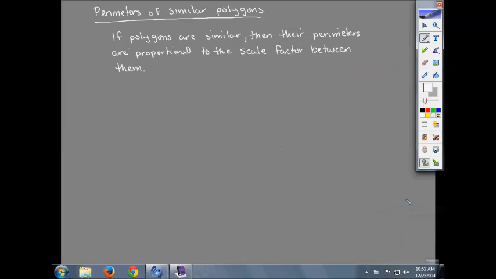Same scale factor between the length of the individual sides and the whole perimeter. So if you had one pentagon, and you knew all the sides on that one pentagon, and you were asked to find the perimeter of a similar pentagon, you wouldn't have to find all of the individual sides. You just find the scale factor between two sides, and then the perimeter of the first one, then you can find the perimeter of the second without having to find all 5 sides, which is nice. So what you have is, if you have a shape,